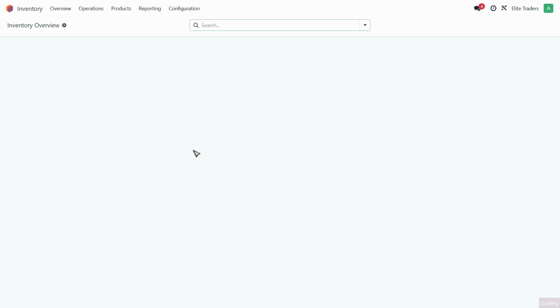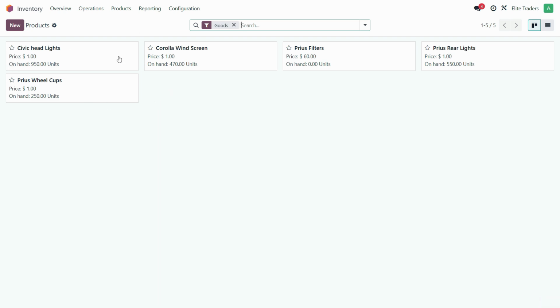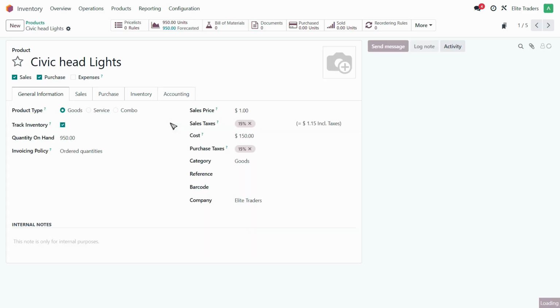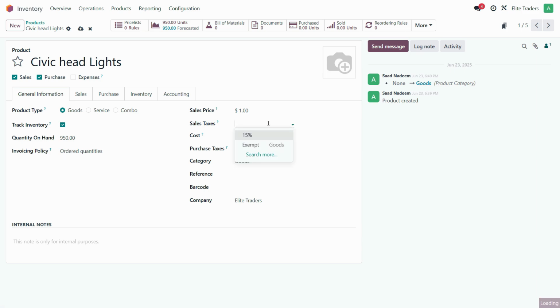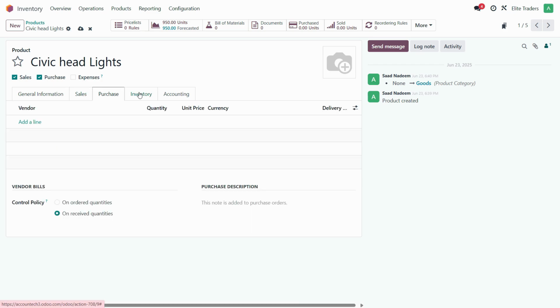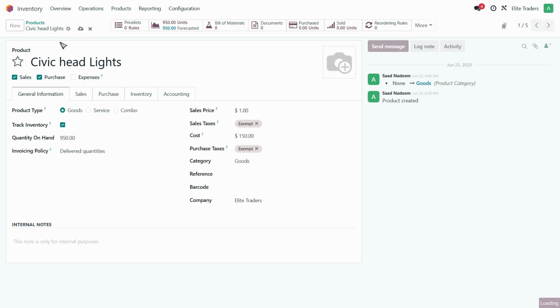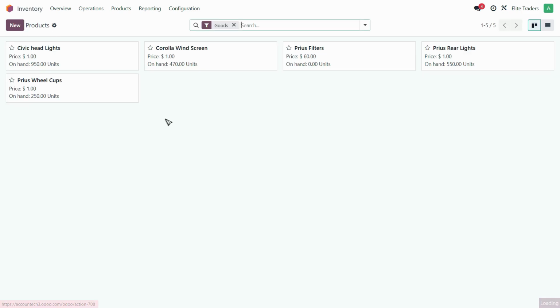Just go to the inventory module now and click on products and click on products again. Now just check all of these items one by one. Let's open Civic headlights, and as we can see, sales tax and purchase tax are set to some percentage. Let me just set it to exempt, and let's make it delivered quantities and not the ordered quantities. Click on save. Let's go back,